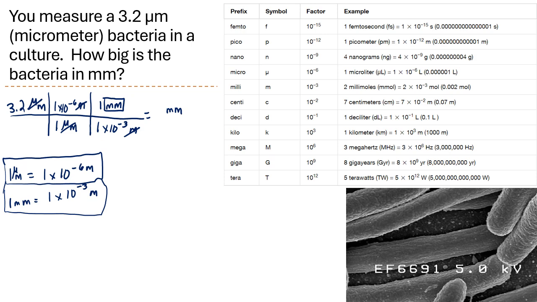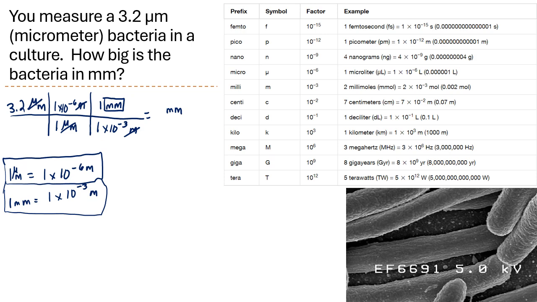Close the parentheses, times 1, equals, and then divided by 1 times 10 to the minus 3, making sure to keep that 1 times 10 to the minus 3 in parentheses. And I see there that my answer is